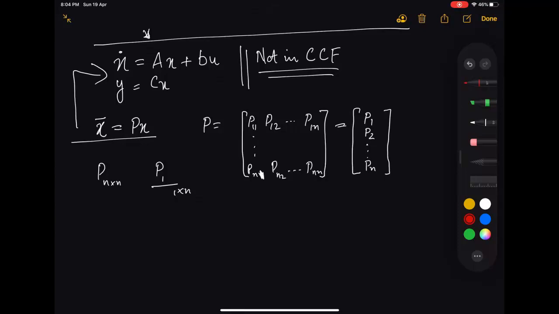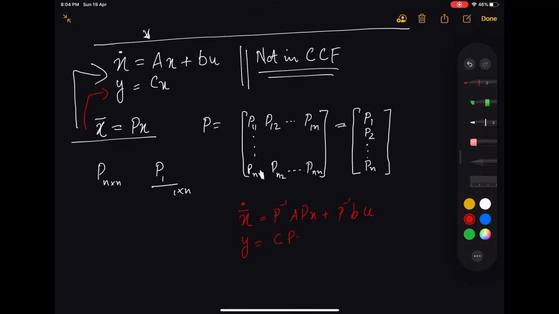When you substitute this equation in this, what you'll get, as we have already seen in the first two units, is x bar dot = P inverse AP x bar + P inverse Bu, and y = C